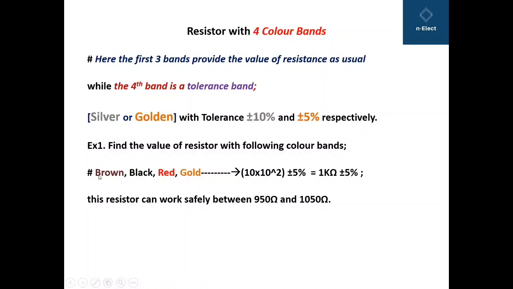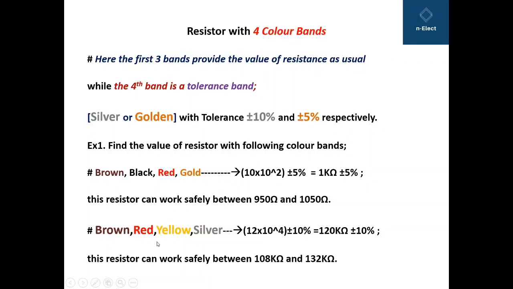One thing you must keep in mind here is that you must start considering the colors from the edge of the resistor. The color which is very near to the edge, from that color you should start considering the colors for finding the value of resistance. Or otherwise, in the 4 color band, if you find a golden or silver color band, then you can start from the opposite end of the resistor, and you will get the same value. So this is the method of how to start considering the colors for finding the value of resistance.